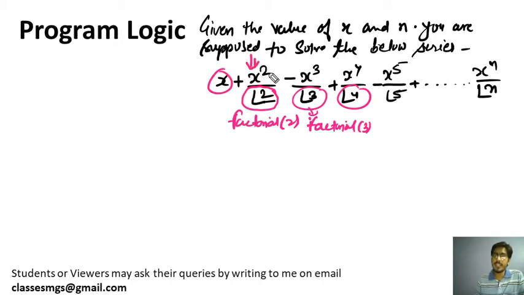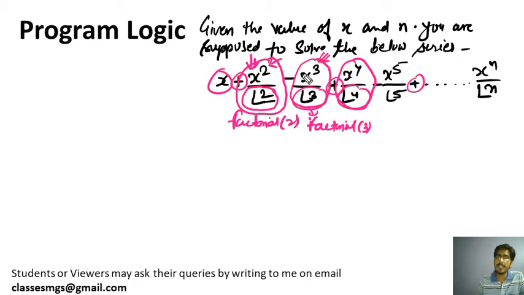Whenever the term is even, till this point you should know what a term is. A term means this is one term, this is one term, this is one term. If the power of x is an even number, in that case we are adding the term in the series. Whenever we have an even number, we are adding this term. Whenever we have an odd number, in that case we are subtracting. You see, odd number and we are subtracting here.